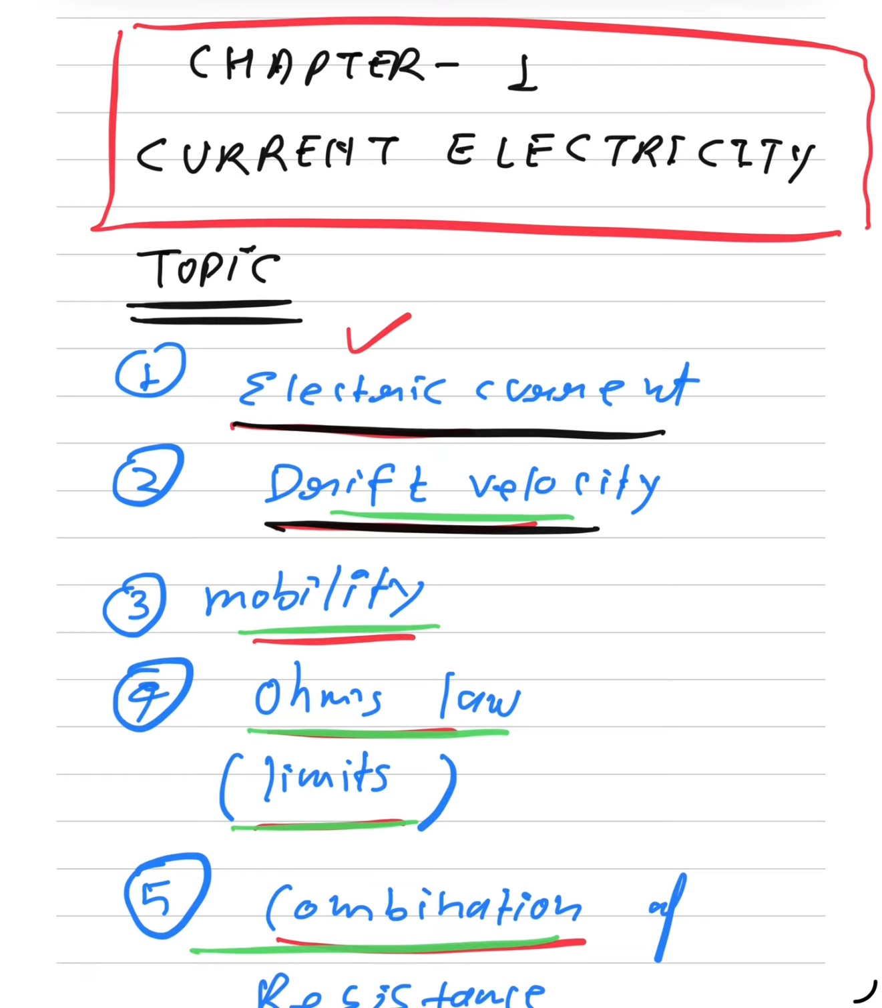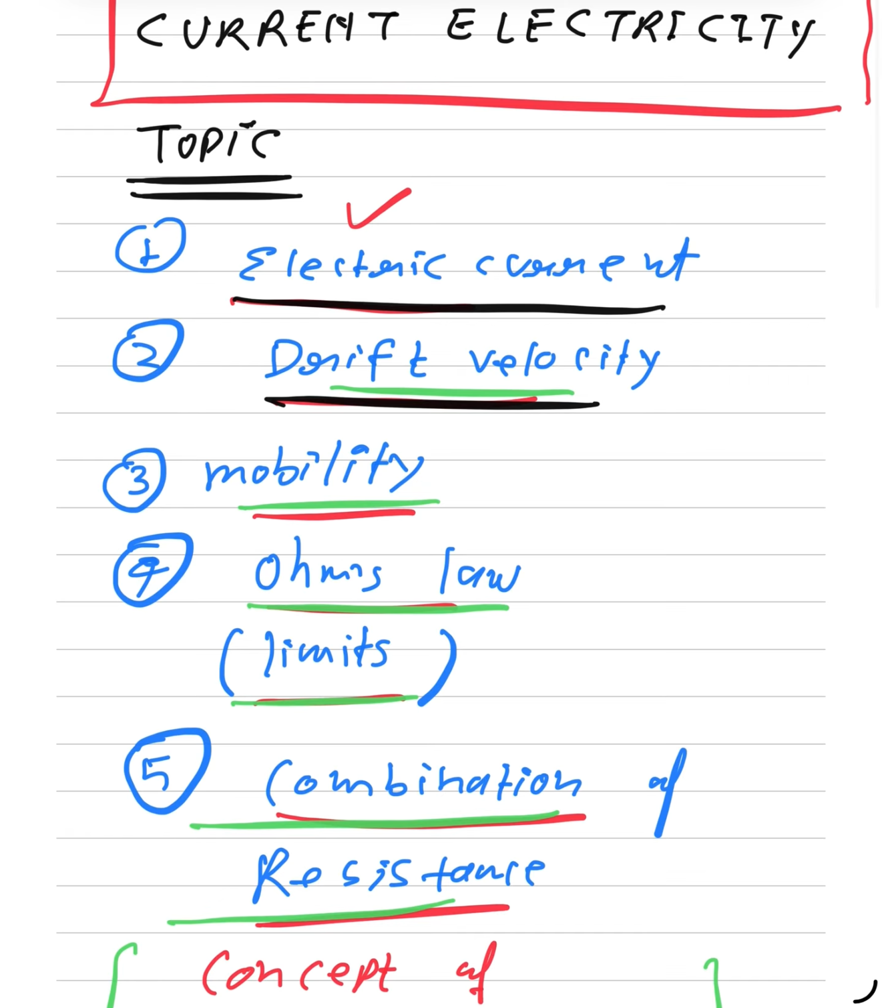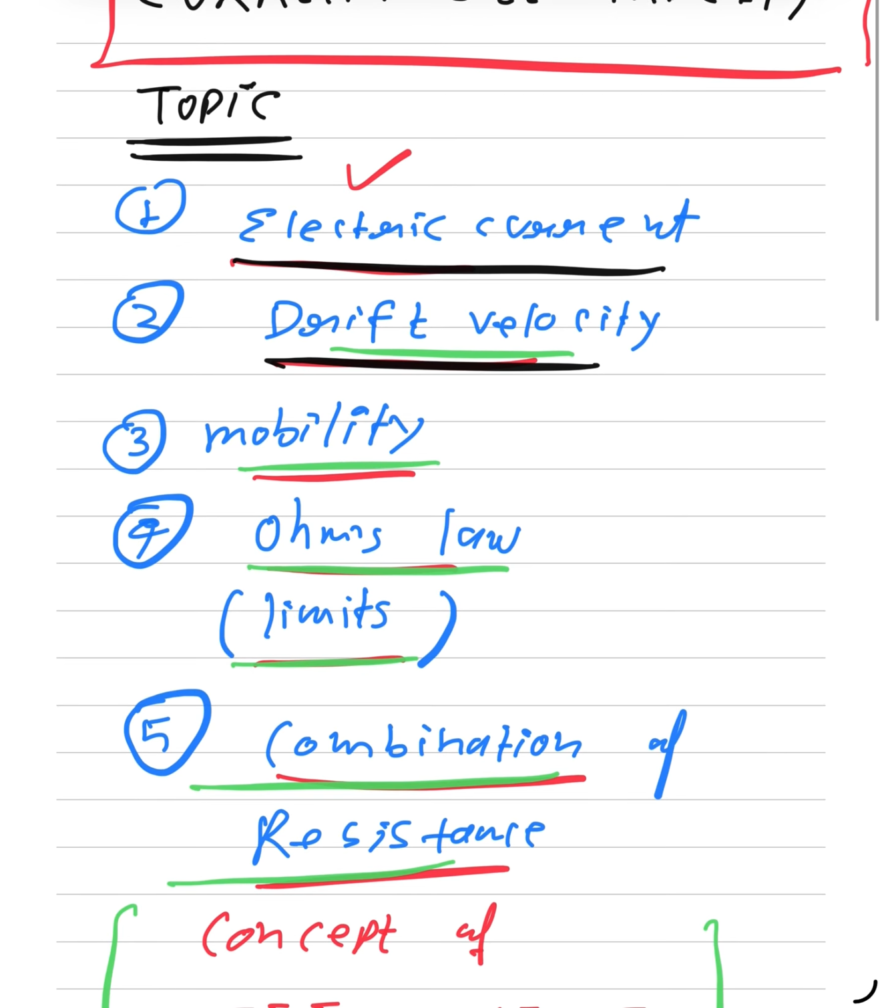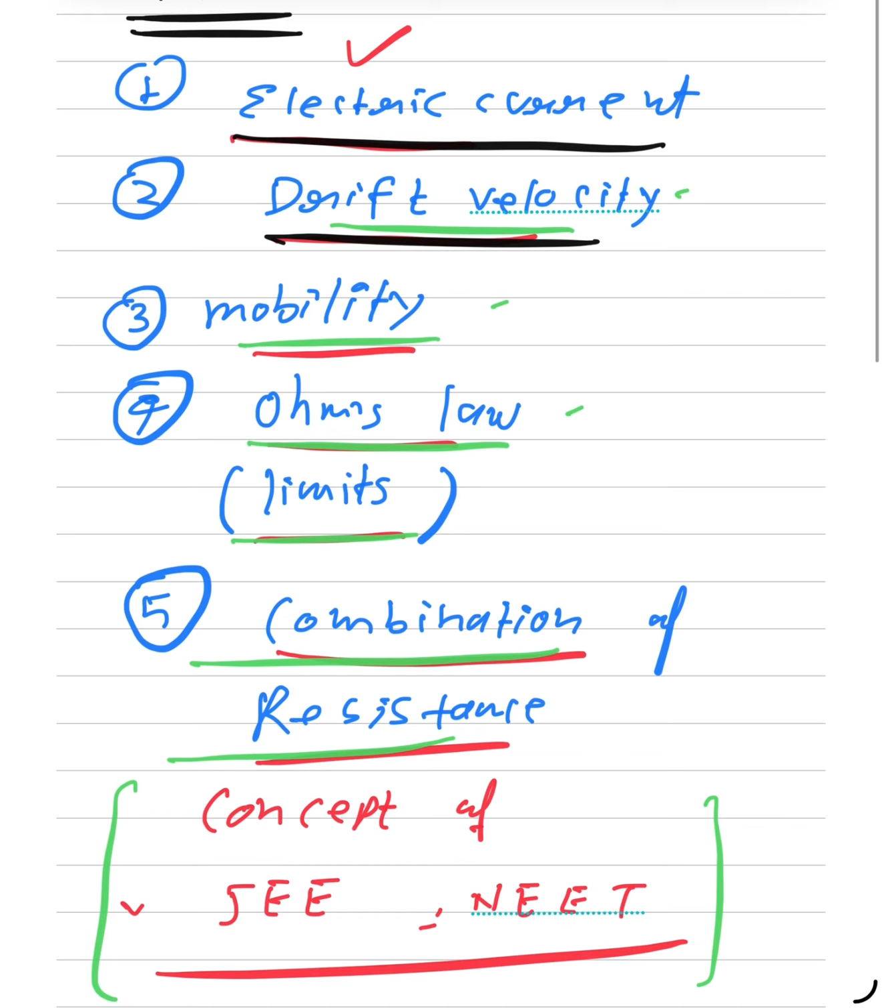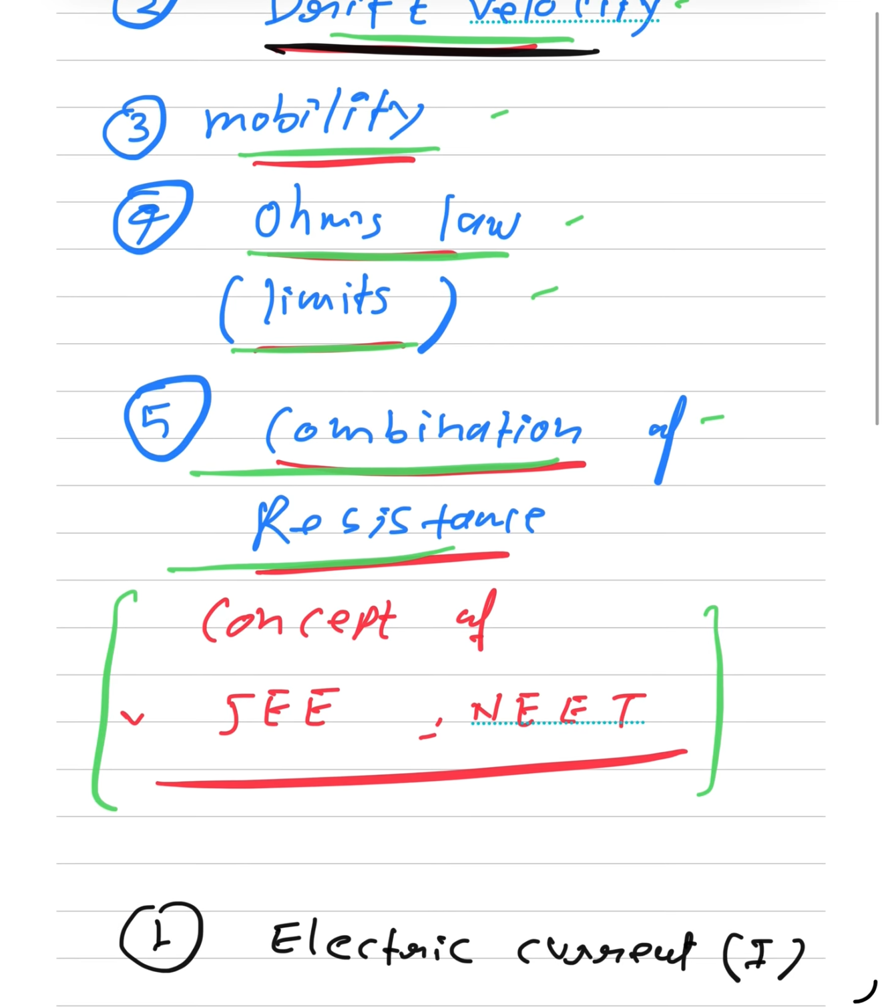Today we will discuss current electricity, meaning electric current. This is the first video lecture on current electricity, and let us start step by step, each topic: the concept of electric current, drift velocity, mobility, Ohm's law, limits of Ohm's law, and combination of resistances, series and parallel. This is a most important lecture for the JEE exam and also the NEET